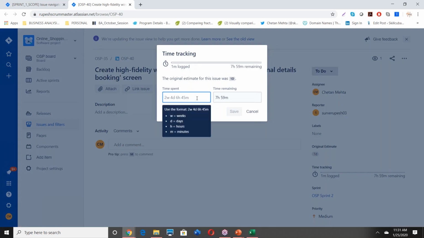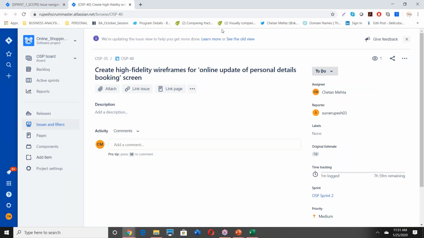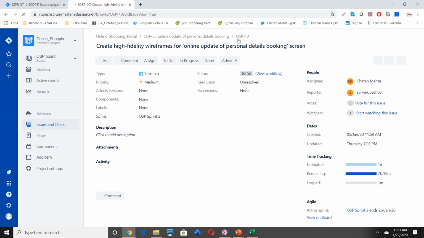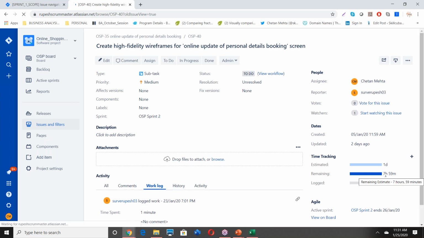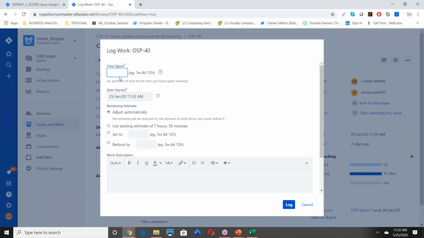Select a date. Correct. And then 1 day. So estimated is 1 day, and remaining is 7 hours 59 minutes. So you entered only 1 minute, I think, right? Yeah, maybe you entered 1 minute.